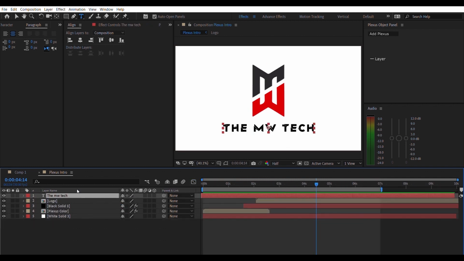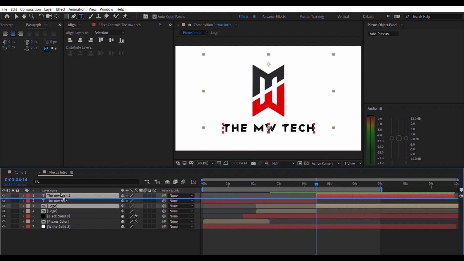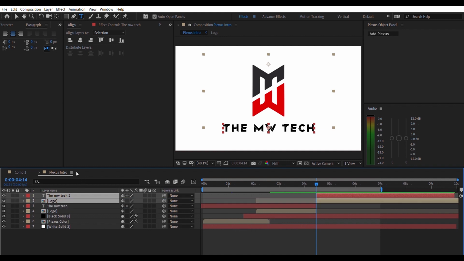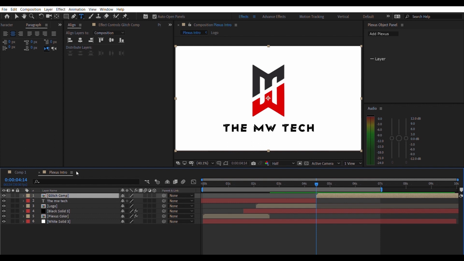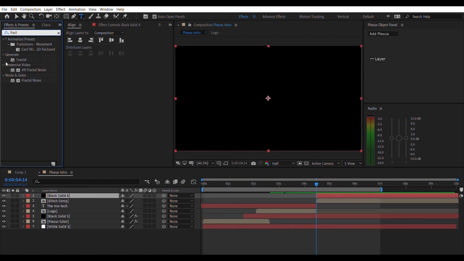So I'm gonna go ahead and select the text layer and the logo layer, and then hit Ctrl Shift D to split them. Okay, once I've split them, I'm gonna right click them and then pre-compose them, and I'm gonna call it glitch comp. Okay, once I've done that, I'm gonna go ahead and create a new solid layer,